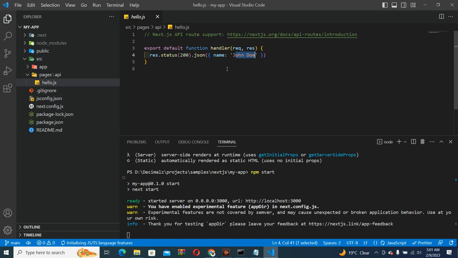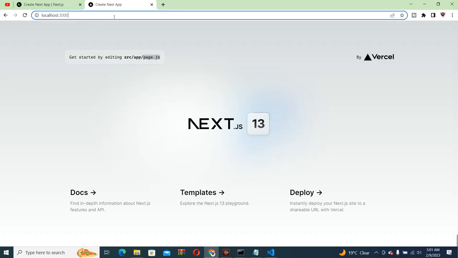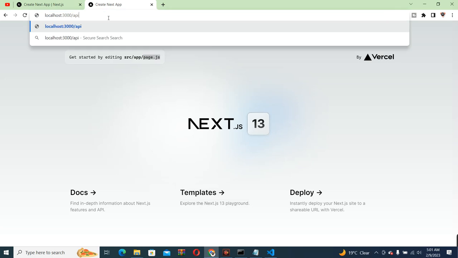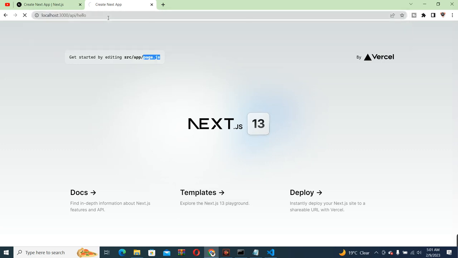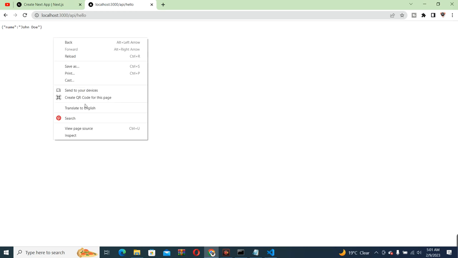If you want to check whether this will work as server side rendered or not, what should we do? We just need to go to the app, and here we write the API folder. This is the simple routing provided by Next.js, and here you can add hello and hit enter. Now you can see this is the response of John Doe. How can you check this is server side rendered? You just need to click on view page source, and you can see the name John Doe